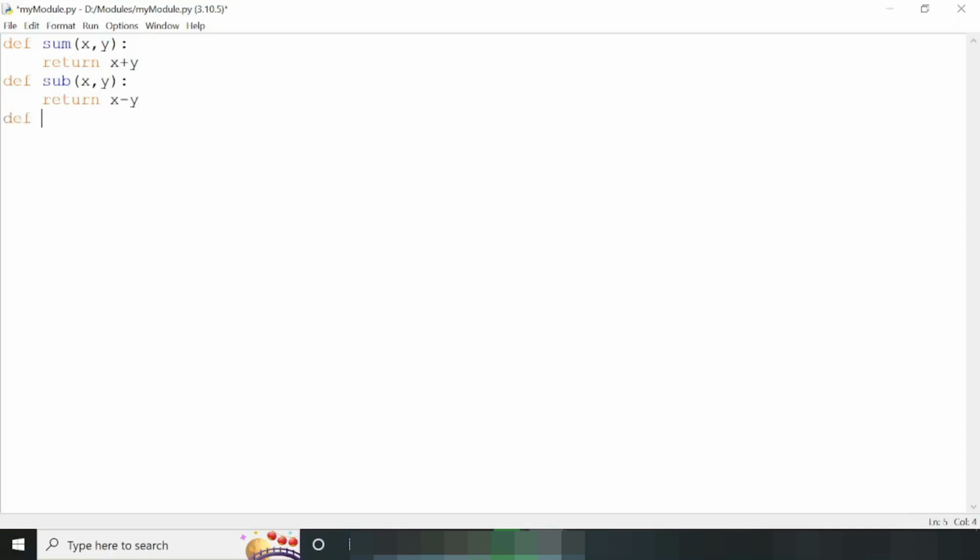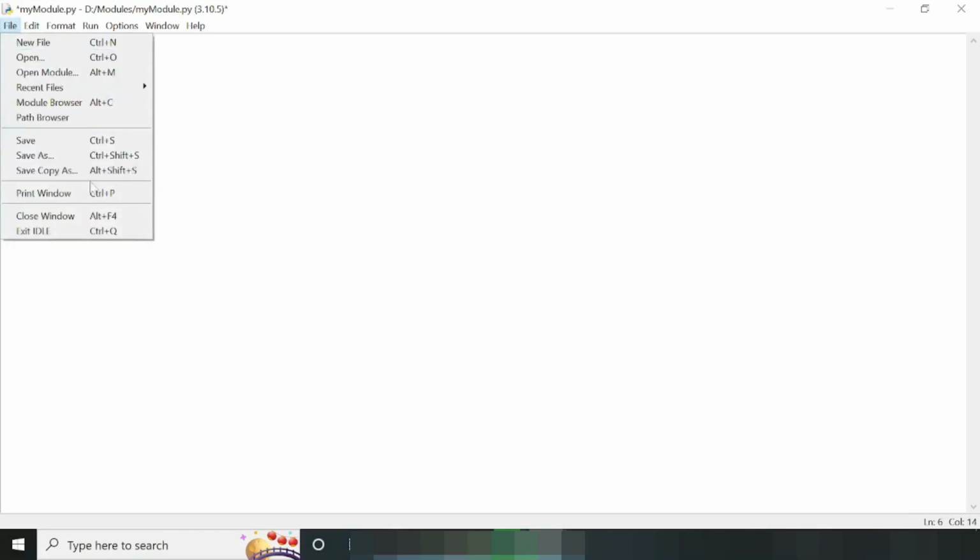And similarly we have defined multiplication, which will take x comma y and then it will return x into y. So that's enough. So this is our module. So let me save it,